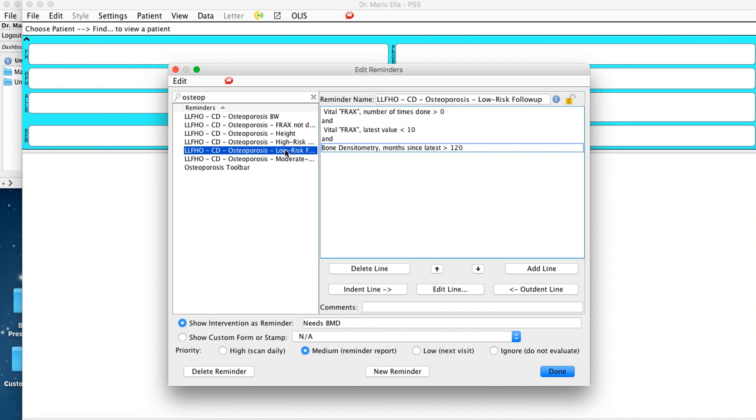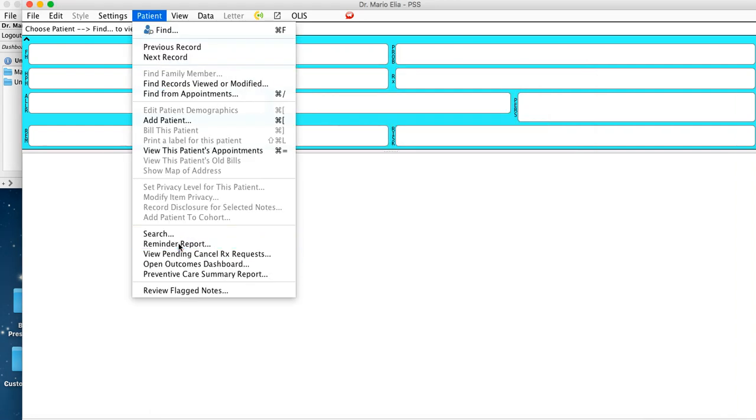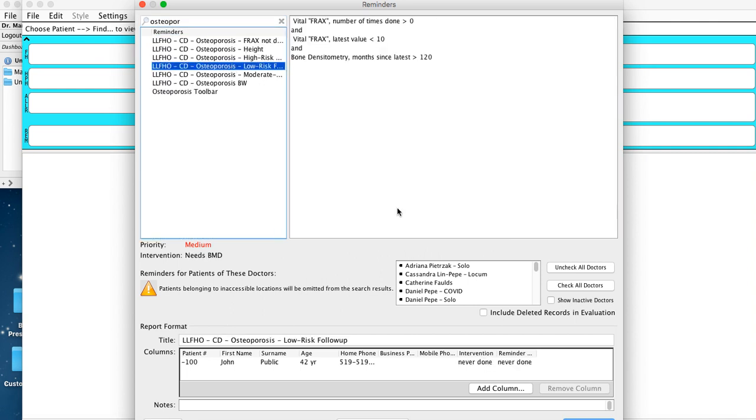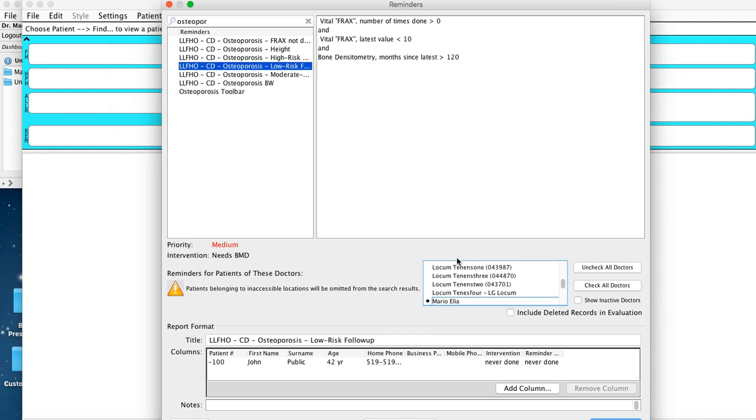So this captures the low-risk follow-up patients, and in their chart, it'll say needs BMD. I'll go back to the reminder report here. Again, it'll say in their chart needs BMD, but you can also run that report. So let's say I want to run that report for all my patients to find everyone with a FRAX less than 10 who are overdue for a bone density. I'll simply click only my name, click reminders down here, and that'll run that reminder and give me a list of all those patients. So again, it puts it in their chart,